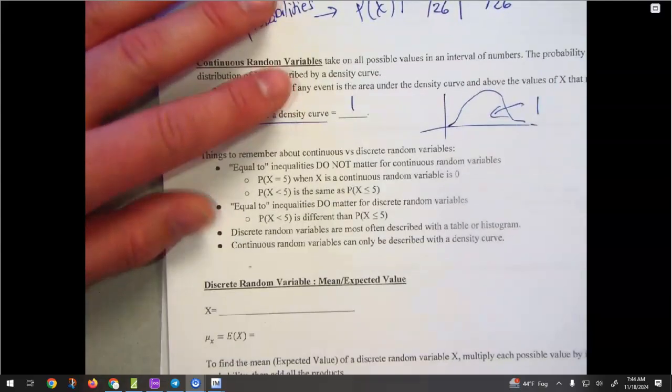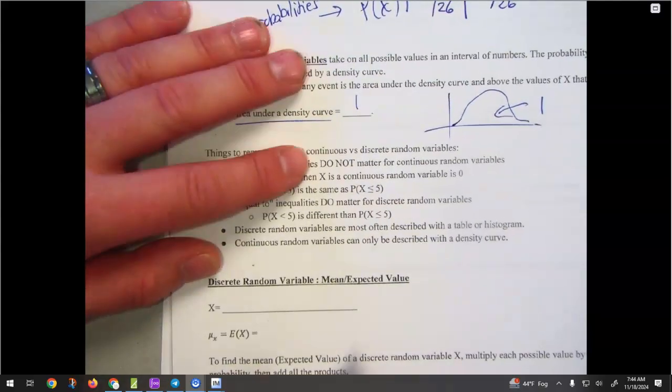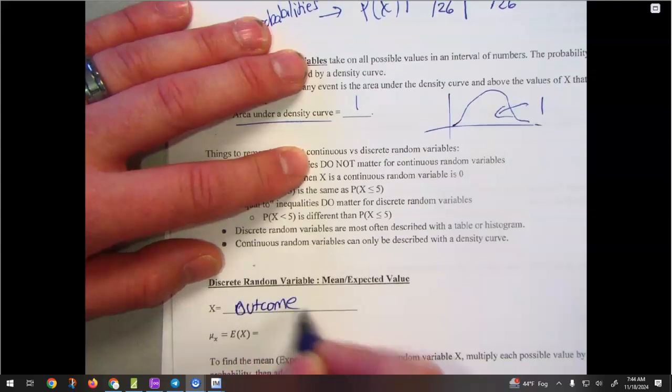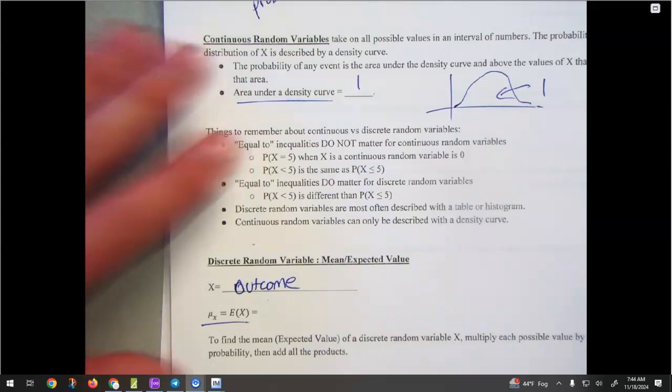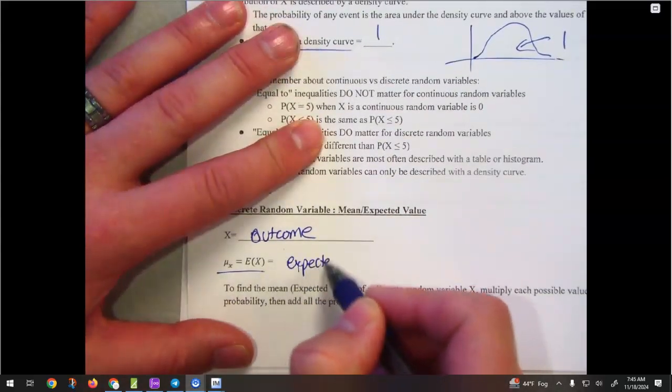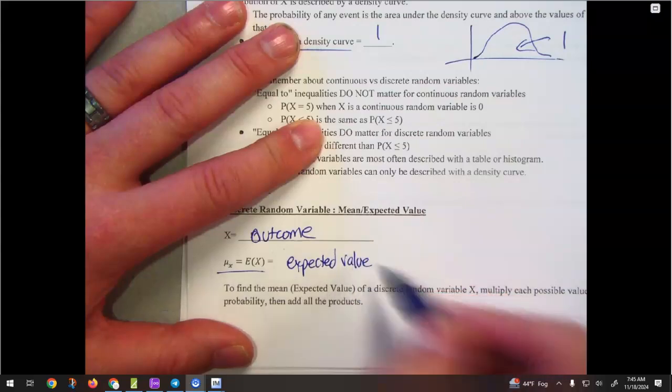Okay. Now this is the part that I think is much more interesting. X is whatever the outcome is. E of X is the expected value. So that might sound familiar from